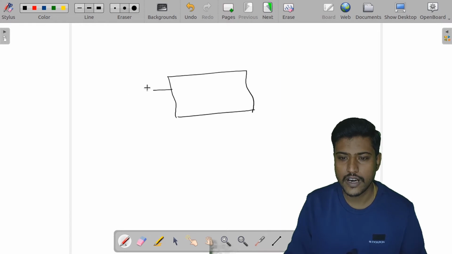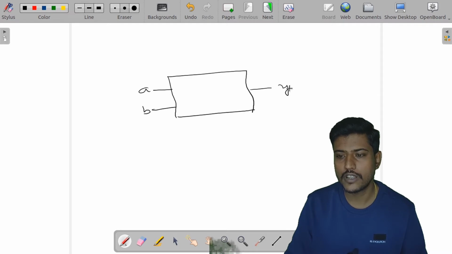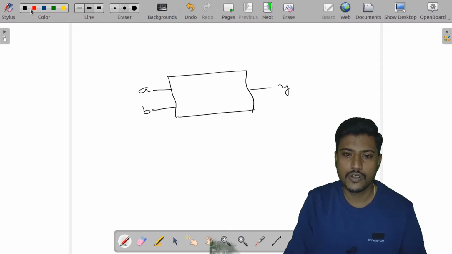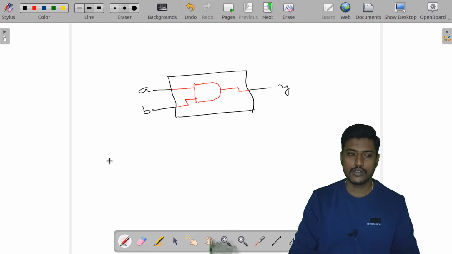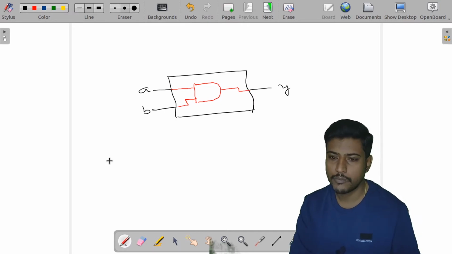We had two input ports, A and B, and one output port, Y. Once we look at what is inside, we had an AND gate, right. This is an AND gate and its output is connected to Y, and its inputs A and B are connected like this, right. This is what we have seen in the previous session.